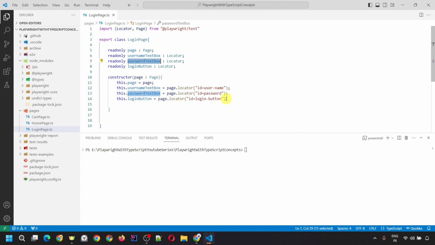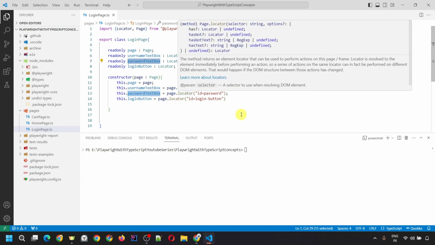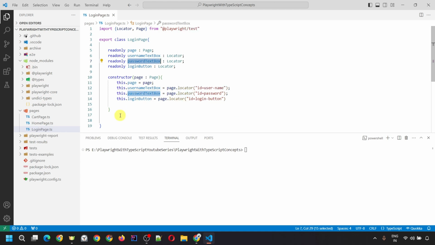Now, as we have detected the elements and created the locators, we need to perform actions on these locators. One thing you can do is create separate methods: one to fill the value inside the username, one more to fill the value inside the password field, and one method to click on the login button. But what I will do, as these are going to be used together only, since every time you need to fill the username, password, and click the login button,